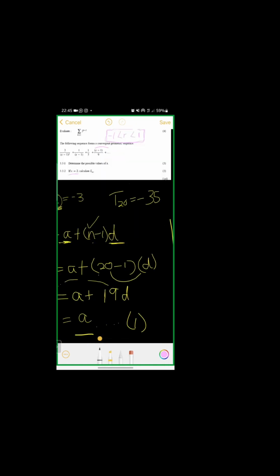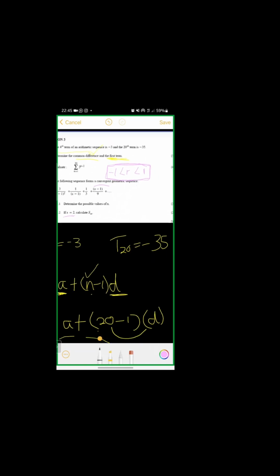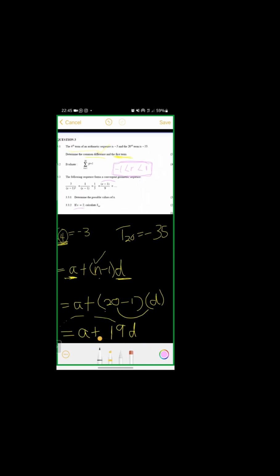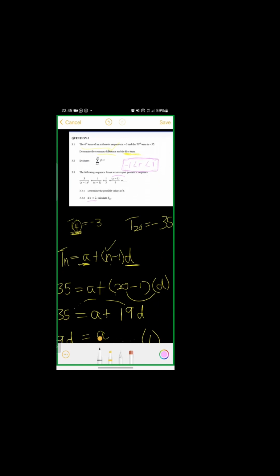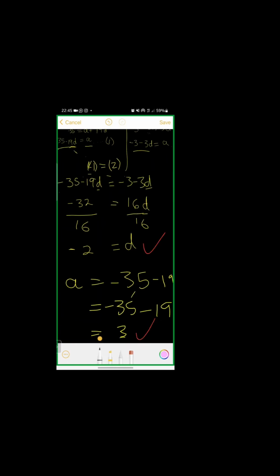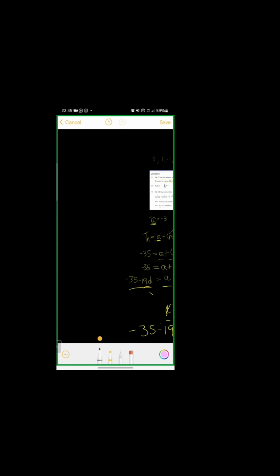So should we find R first before we place into this filler, or should we do it all at once? Let's find R first, right? So let's do it on this side, if you don't mind. So let's just find our R, right? So we're doing 3.3.1, right? So our R, we know that our value of R,